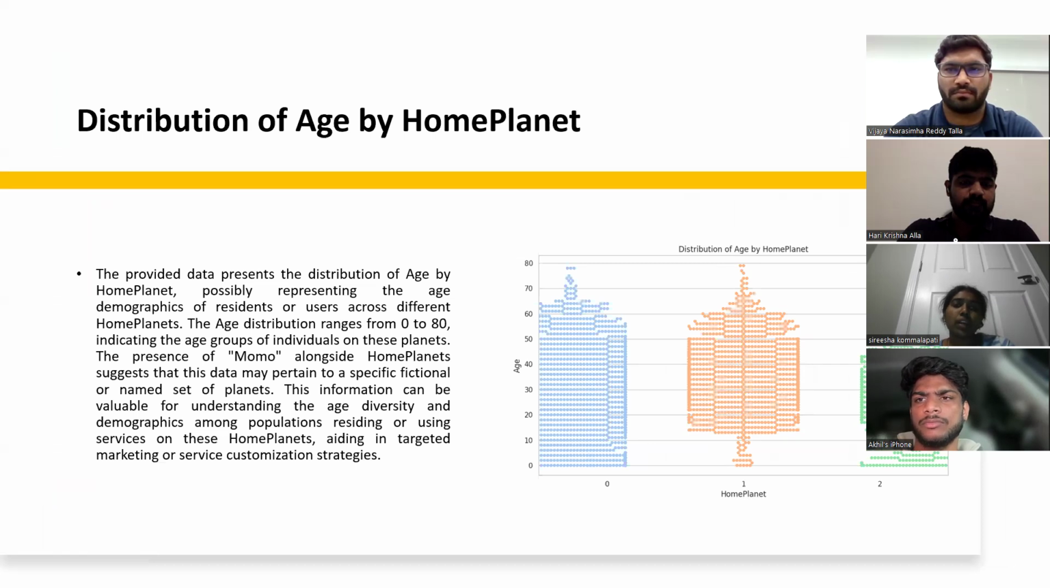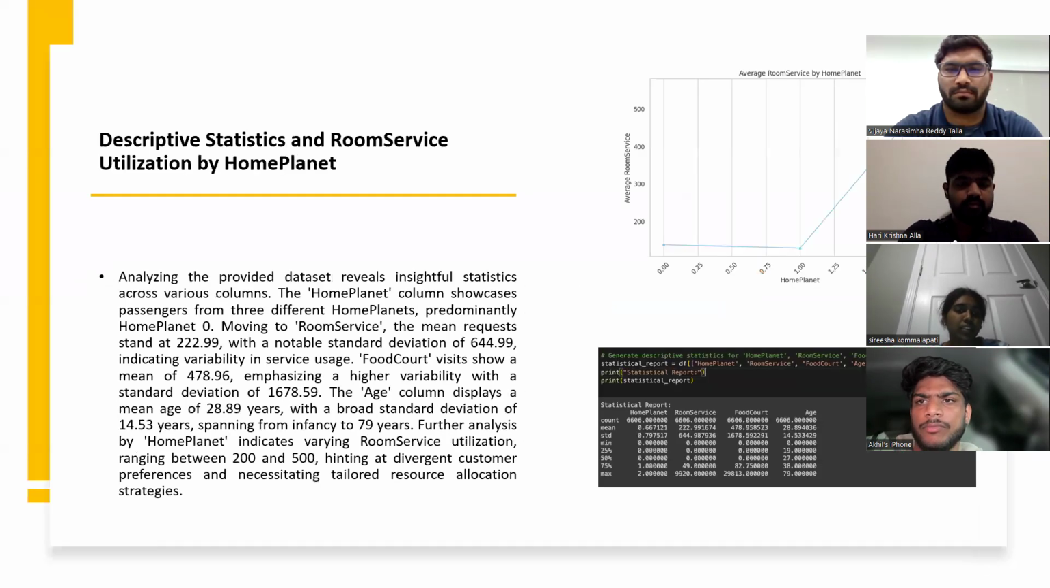distribution of age by home planet. The provided data presents the distribution of age across home planets. This information can be valuable for understanding the age diversity and demographics among the populations residing or using services on these home planets, aiding in targeted marketing or service customization strategies. Here we can see the graph over here. And the next slide is